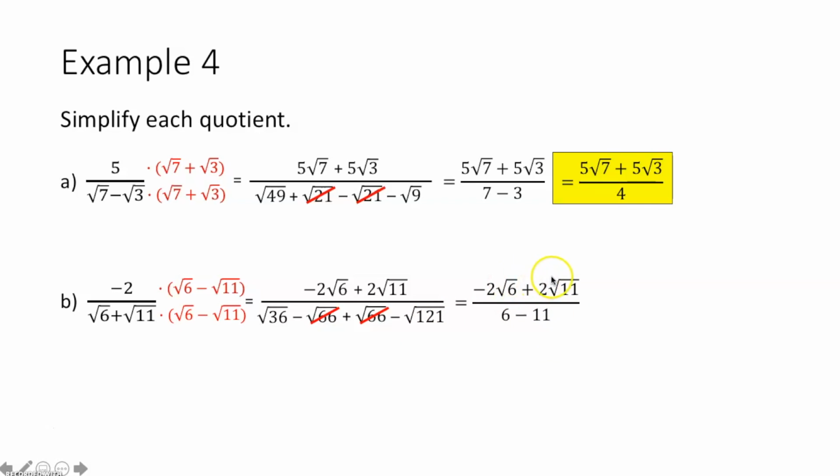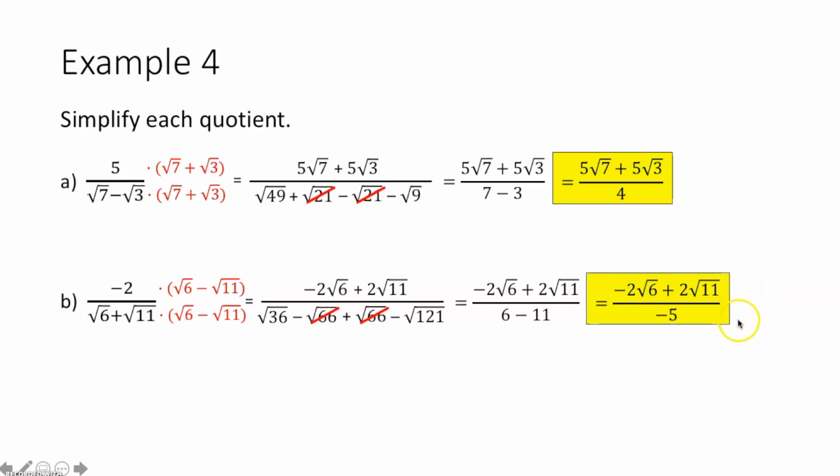Our numerator, those are not like radicals, so we're not going to be able to combine those. So that stays like that. 6 minus 11 in our denominator becomes negative 5. And you can leave your answer like this. This is technically correct. Or if you don't like having a negative in the numerator and denominator like this, some people don't,